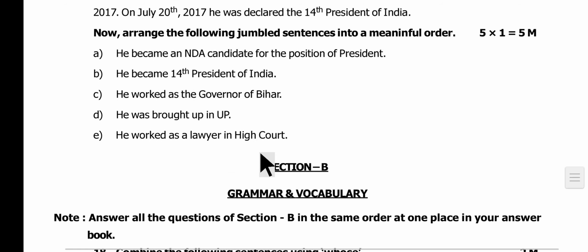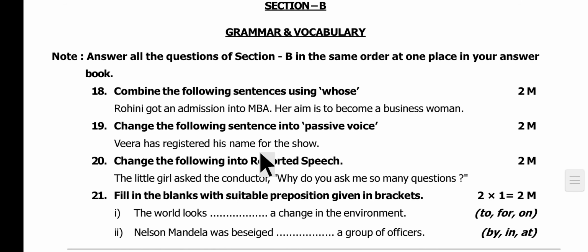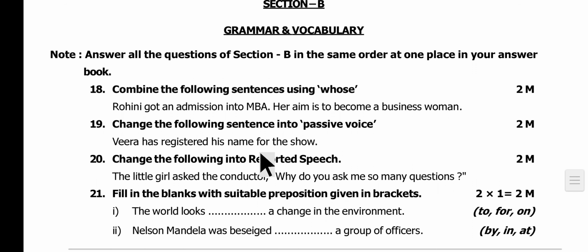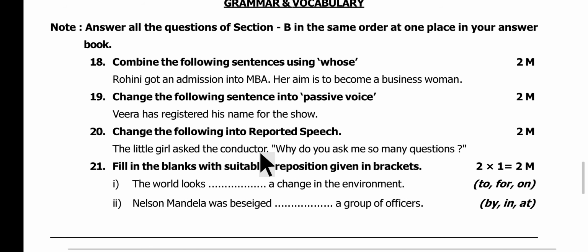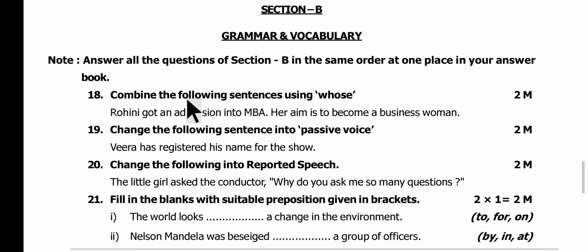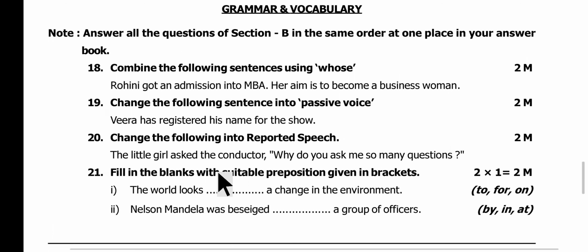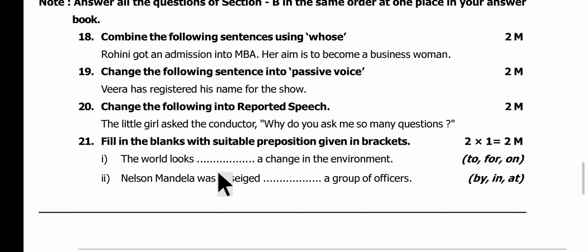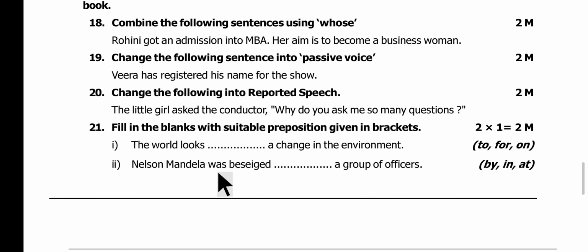Dear students, now let's move on to Section B of the question paper, titled Grammar and Vocabulary. Here we have combining sentences using whose, and changing the following sentence into passive voice, which can be textual or non-textual as given in the blueprint. Changing the reported speech, the little girl, this is the third lesson of the, this is a textual